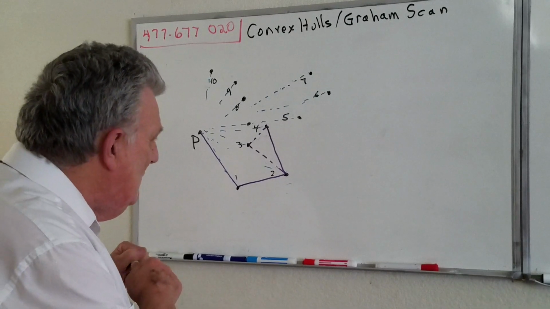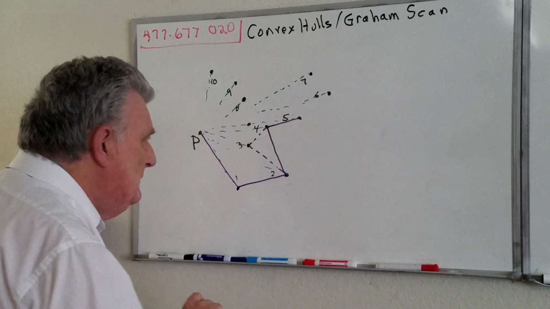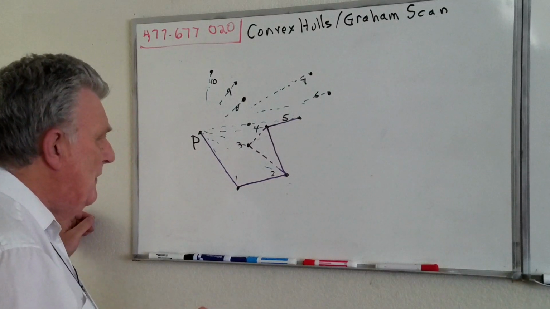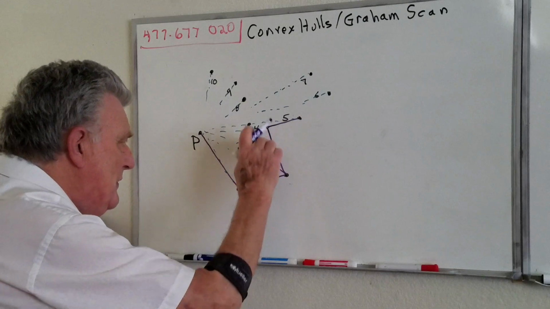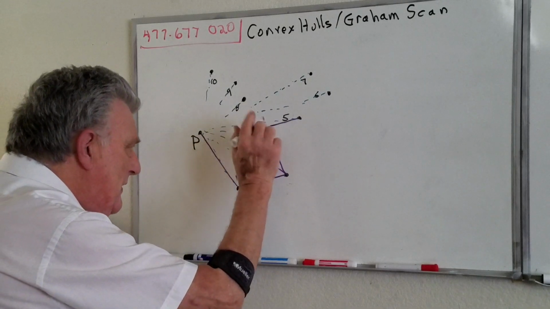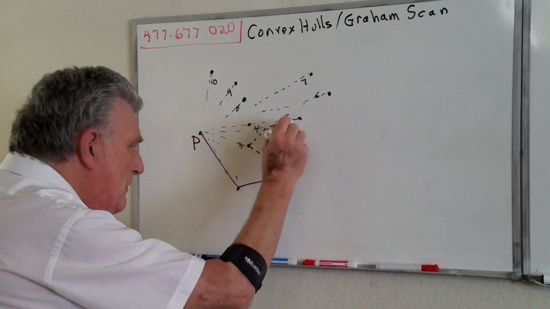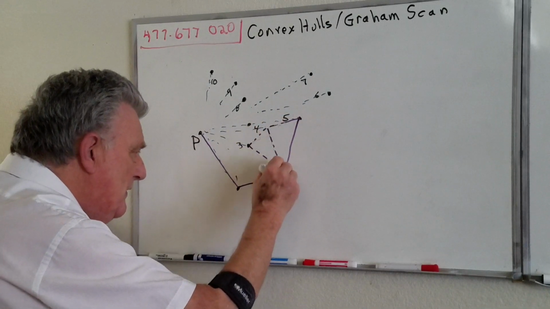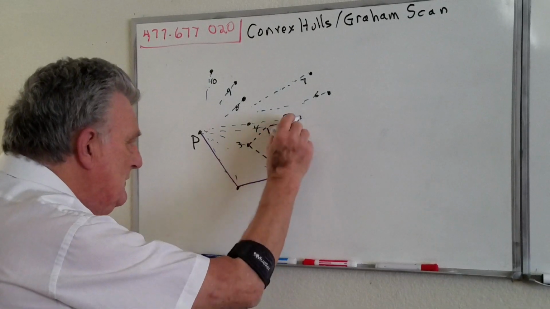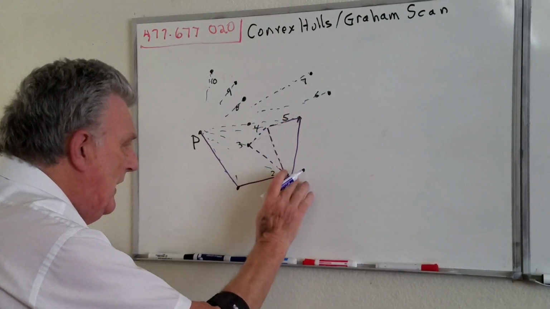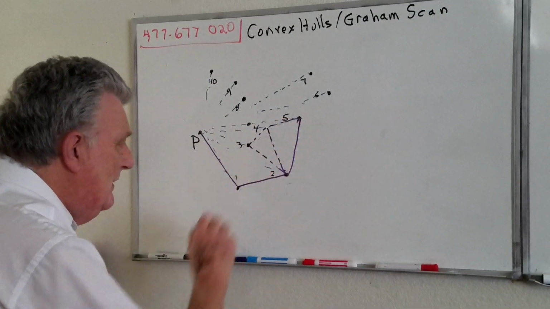All right, now let's look at this situation here. What do we notice? Again, a reflex angle going all the way around here, which means we have to kill this point, which means that these edges are no longer in the convex hull. And we draw a new edge here between 2 and 5. I'll get this right somehow. All right, now